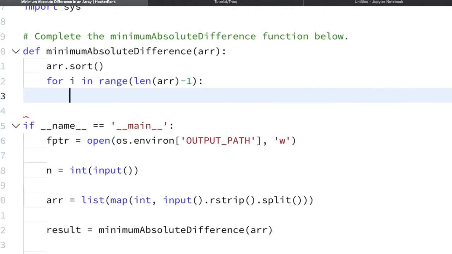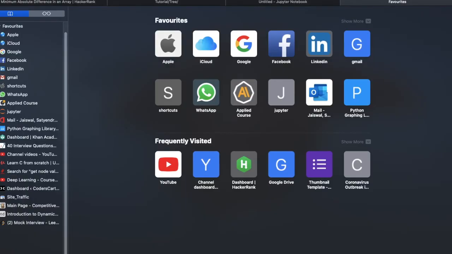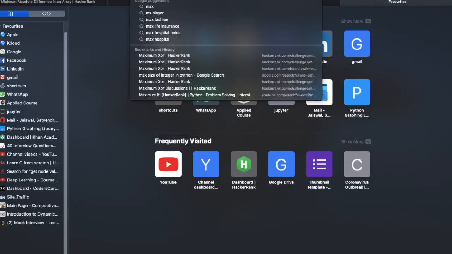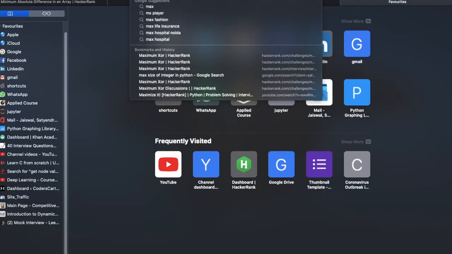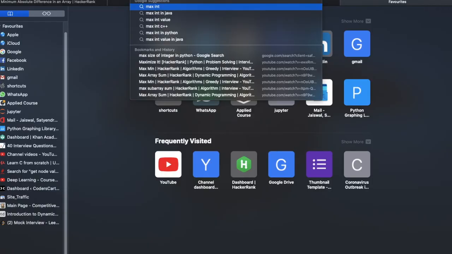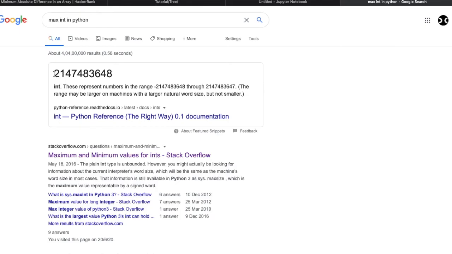Now next thing is we have to write our logic. Let us take one variable m. Now let us initialize this m with the highest value. In Python, max int value. So this is the maximum value.